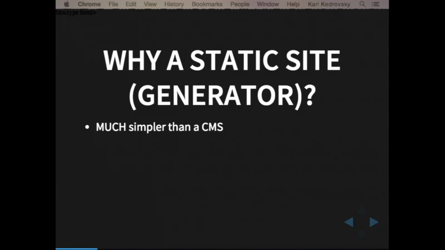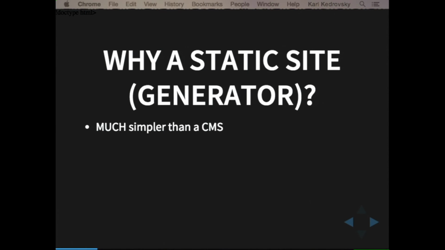What are they, and why would you want to use one? So they're much simpler than a content management system. When you have to deploy a CMS, you need at least a database or some kind of data store, then you need PHP and all this other kind of jazz. And everybody knows deploying static HTML is just drop dead simple. You just grab all of the files and you chuck it off somewhere on a web server that happens to be a Docker, and you